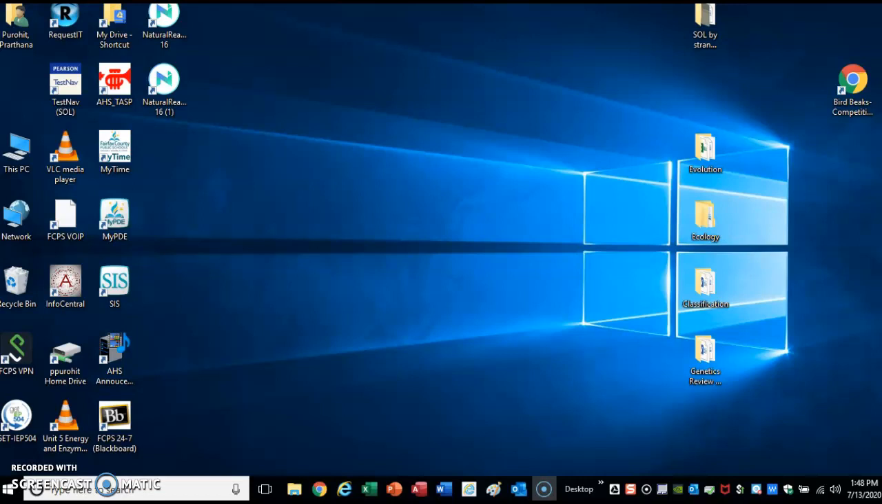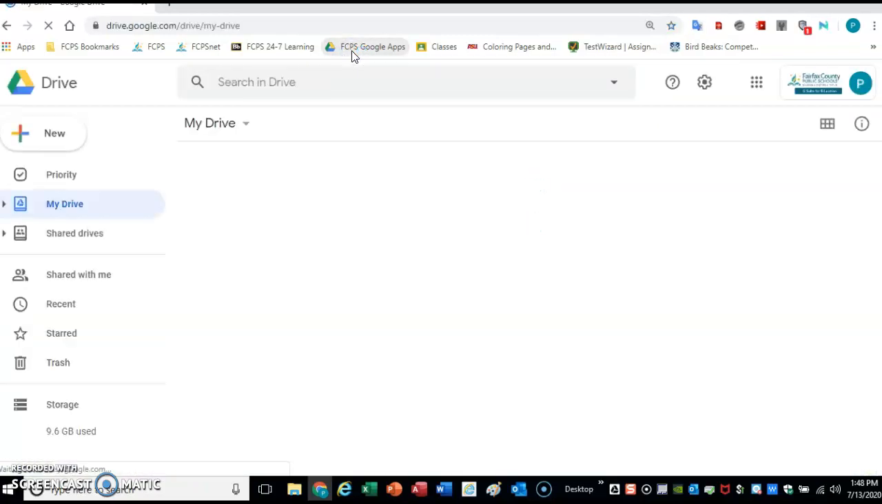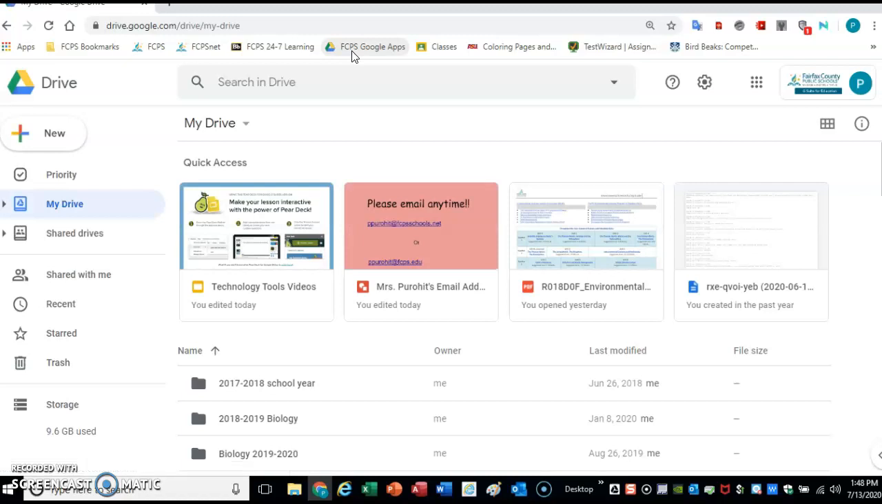To join Google Classroom for any of your classes at Annandale High School, you will first click on Google Chrome. Once you open up Google Chrome, it'll take you to the Fairfax County website. On the top banner, you will see FCPS Google Apps. You will click on Google Apps. It may ask you to log in. If it asks you to log in with your Google account, your